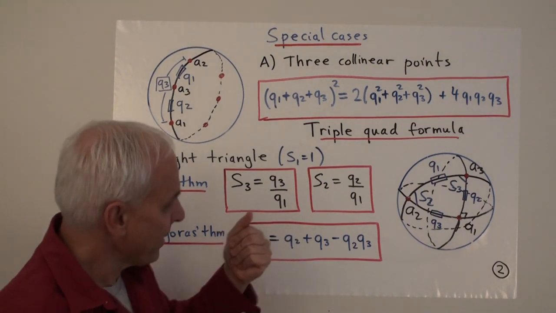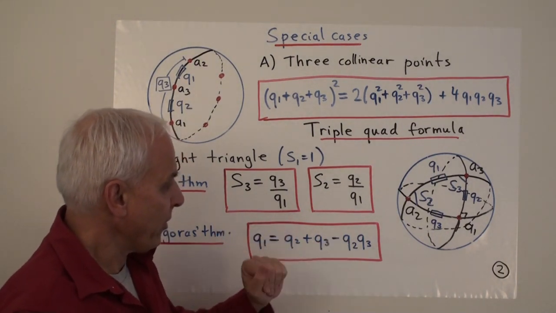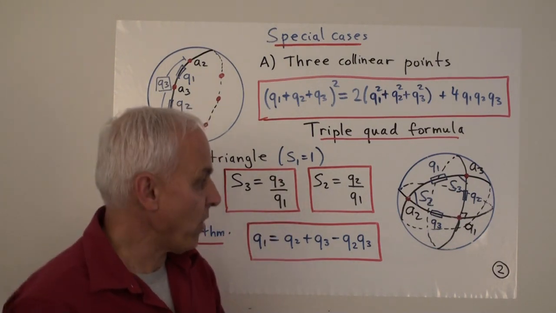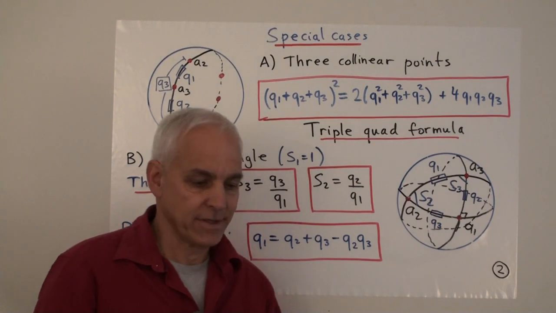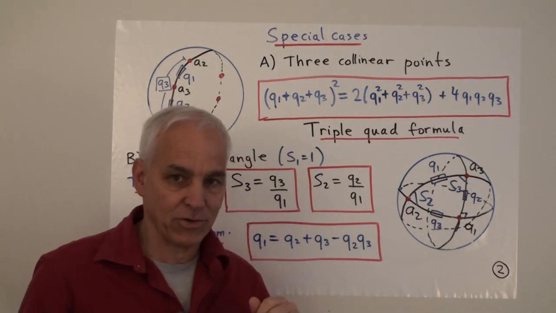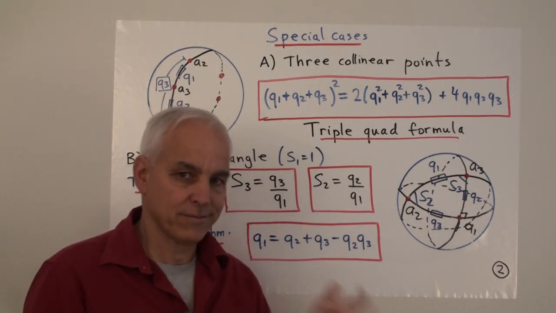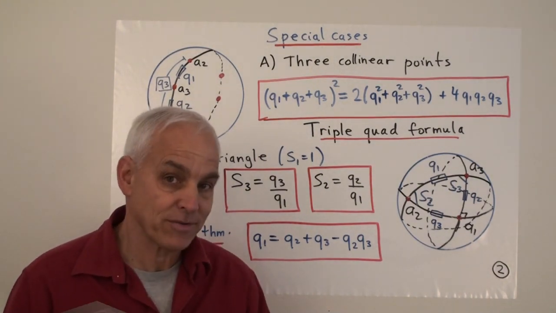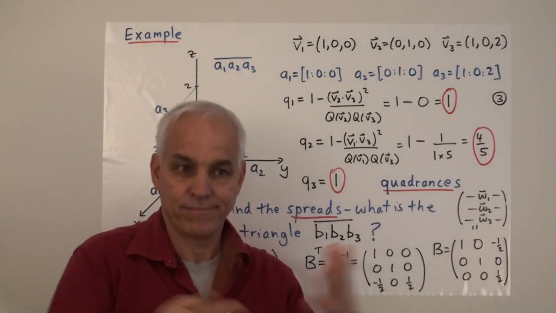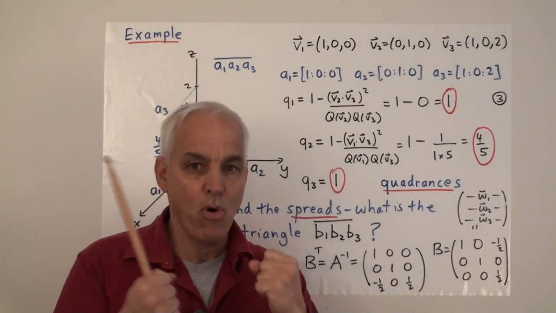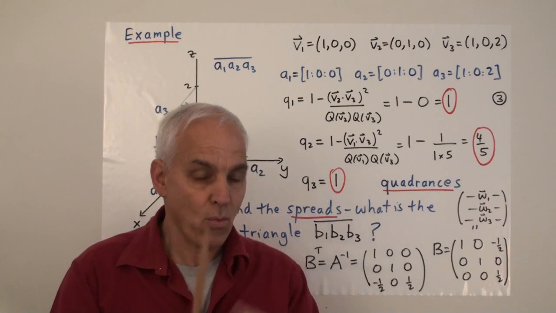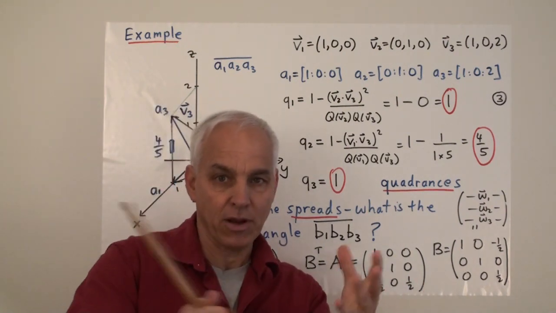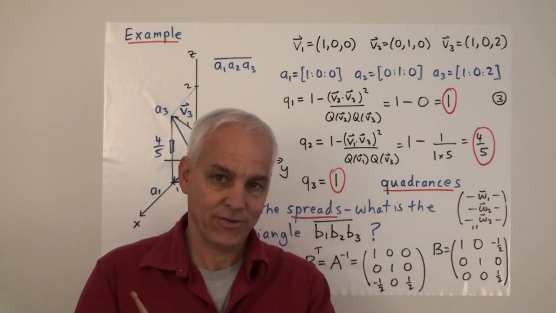Okay, there are also dual formulas where we have right triangles where not just one spread is equal to 1, but rather one quadrance is equal to 1. Since the quadrances and spreads are completely symmetrical, whenever we have a formula we can replace it with the inverted formula with the quadrances and spreads interchanged. So in mathematical theories where we have complicated formulas, it's really important to solidify our understanding by working through examples, preferably starting with simple examples and then working your way through more complicated ones.